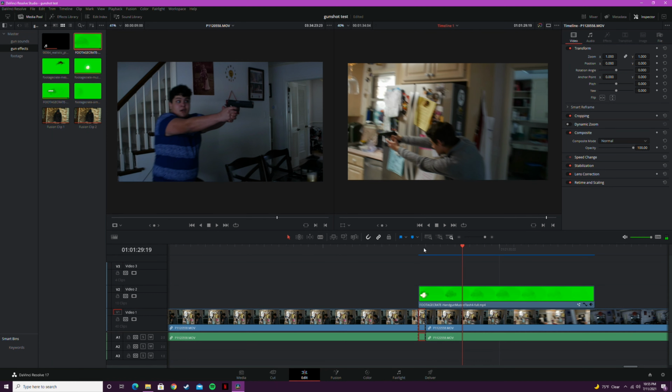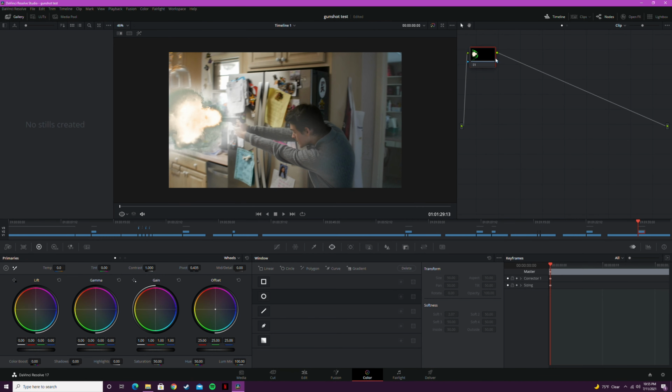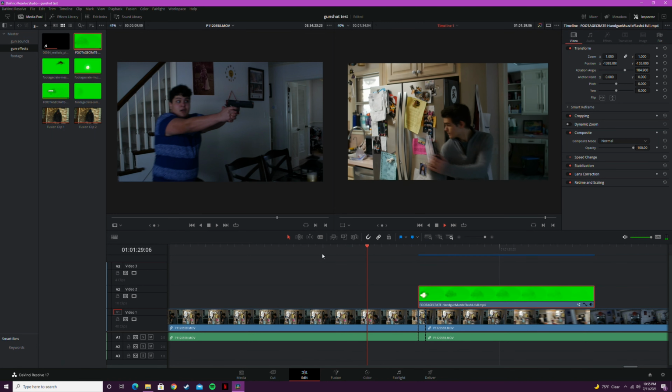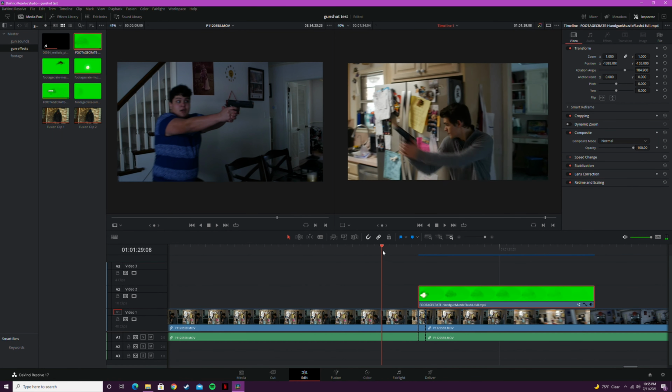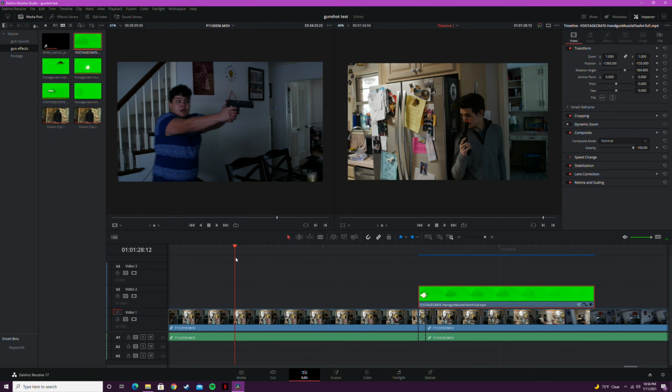So something we wanna do first is, so you see how that sticks out like a sore thumb against the brighter area? What we're gonna do, we're gonna go to the actual gunshot effect itself and crank up the lift. That way, it blends in a little more. You go back to edit. All right, so now, it might look a little funky if you pause on the frame, but when you watch in action,